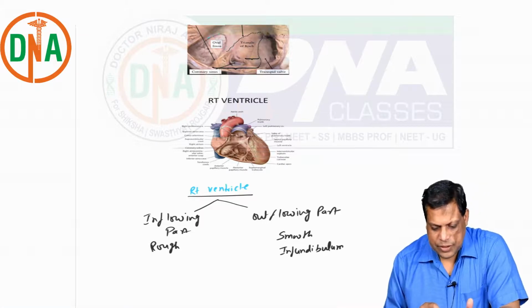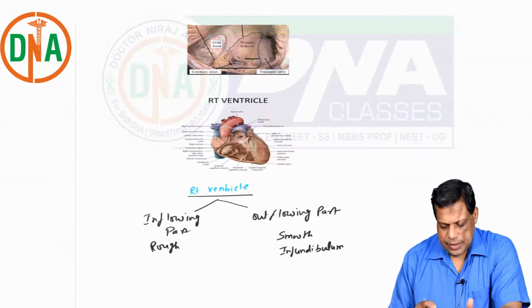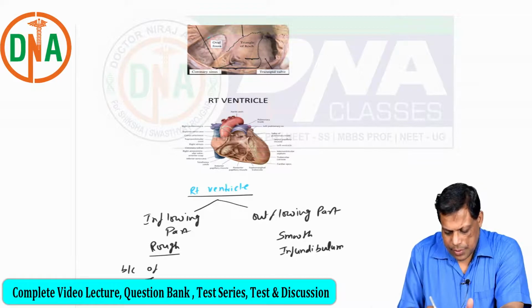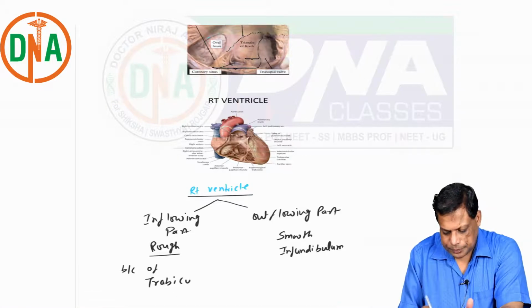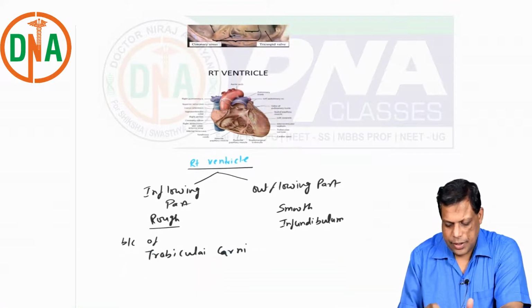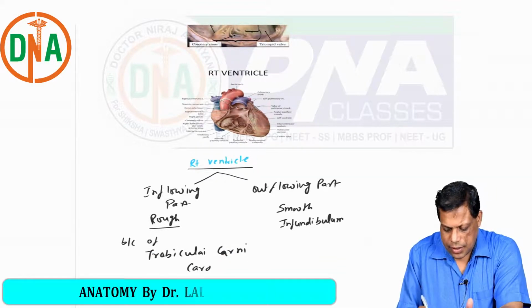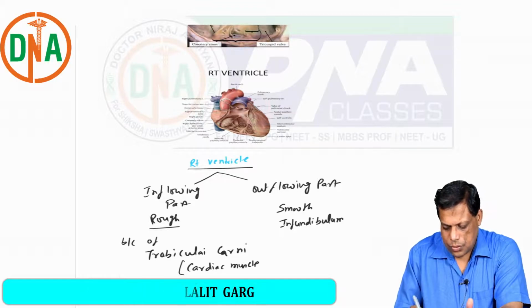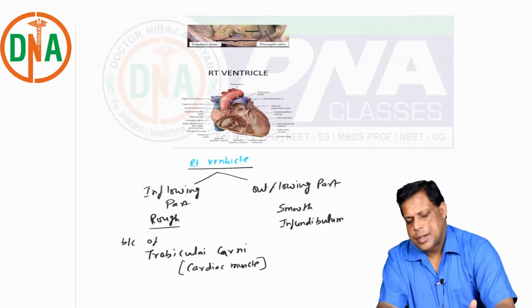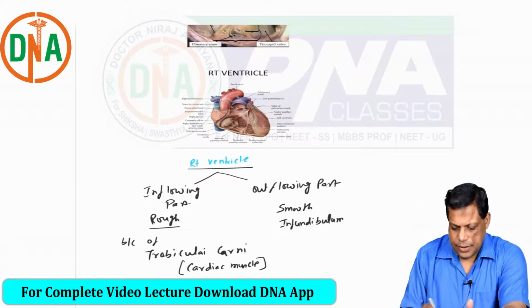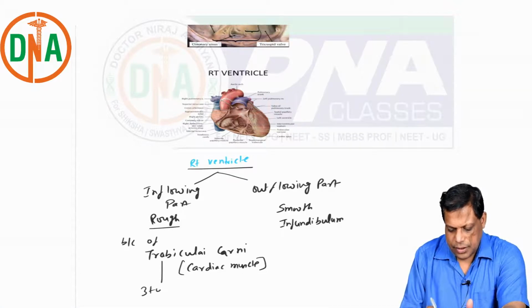Now the inflowing part, which receives the blood from the right atrium, is rough, and this roughness is because of trabeculae carneae. What are trabeculae carneae? It is cardiac muscle. So the cardiac muscle present in the ventricles is known as trabeculae carneae. And these trabeculae carneae are of three types: